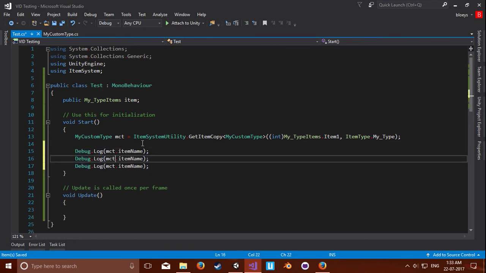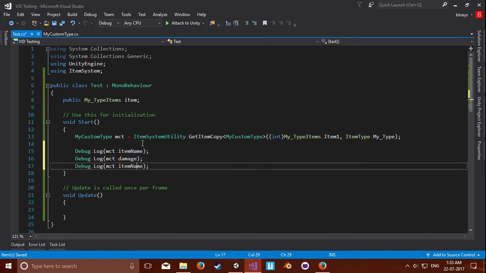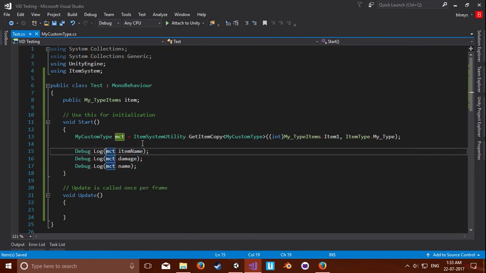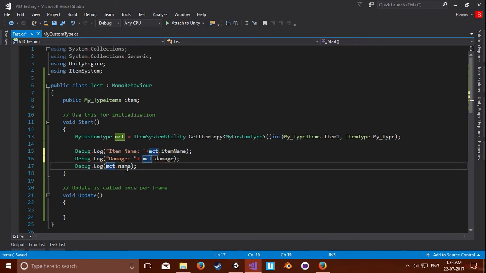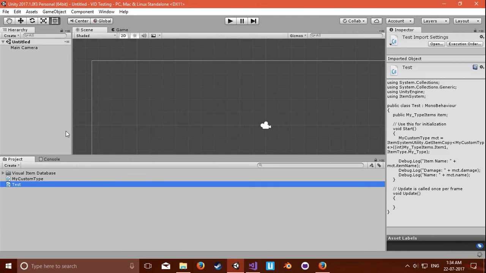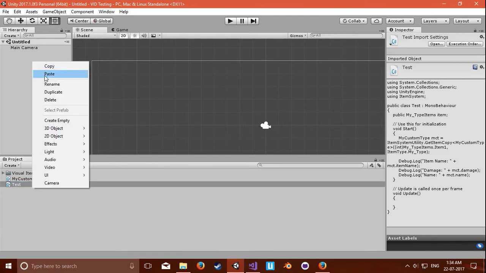Let's log also the 2 new properties that we added, so it's name and damage. Let's add this here, let's say damage. So now we will see that we actually get the correct values, which we will set now in the visual item database. Let's update. Let's add it to